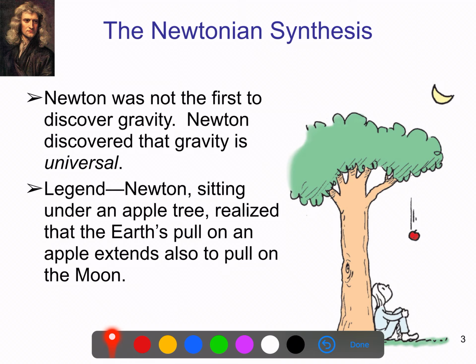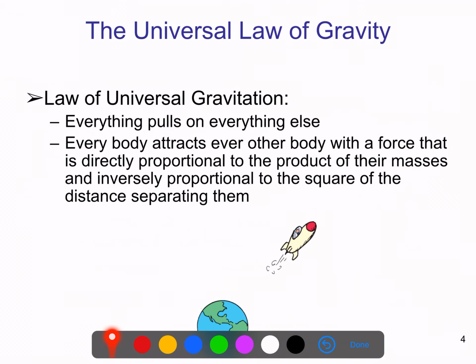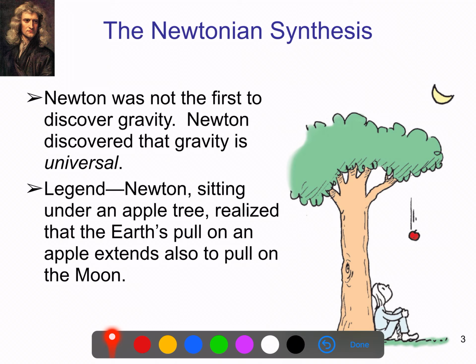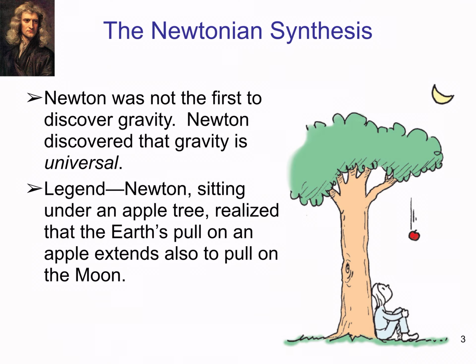Okay, so I want to start with this idea that Newton had that basically underpins the universal law of gravity. He was able to conclude that gravity was a force which was consistent throughout nature. And legend has it, you've probably heard the story, that an apple hit Newton on the head and he suddenly came up with this idea. It didn't happen quite like that, but there is some truth to the story.